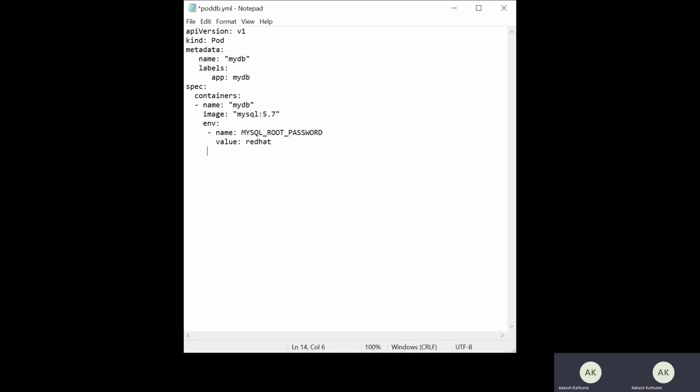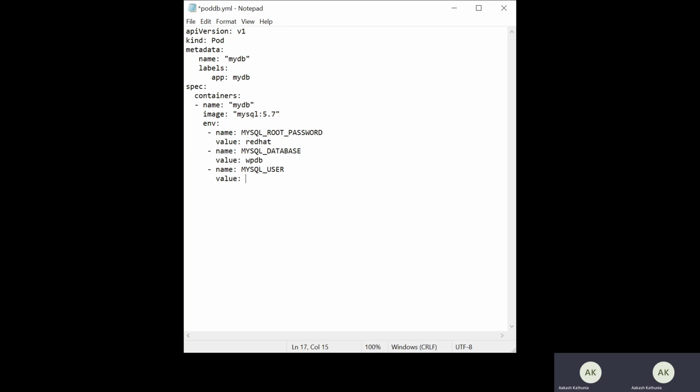Then taking another environment variable, MYSQL_DATABASE. Here I can define the value, you can take wordpressdb. After that, another environment variable, MYSQL_USER.